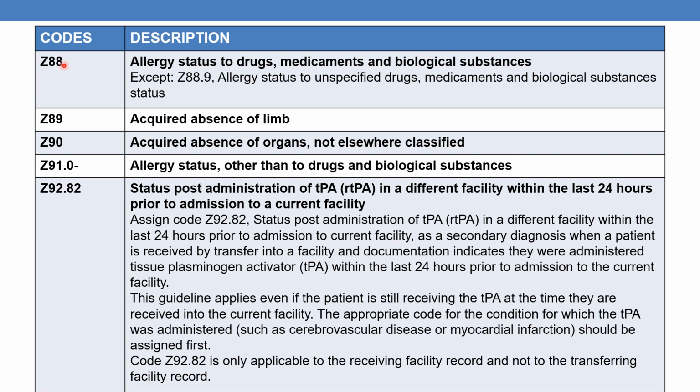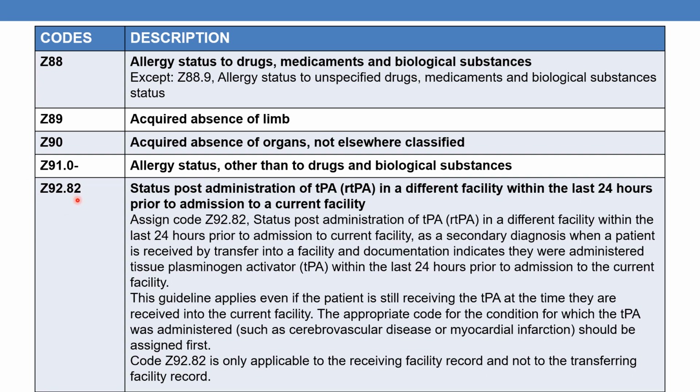The first one is Z88, which is allergy status to drugs, medicaments, and biological substances, except Z88.9, allergy status to unspecified drugs, medicaments, and biological substances. The next is Z89, status for acquired absence of limb. The next is Z90, acquired absence of organs not elsewhere classified. The next is Z91.0. This is further classified: allergy status other than to drugs and biological substances. And finally